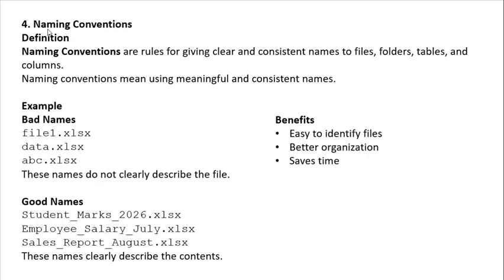And fourth is naming conventions. Naming conventions are rules for giving clear and consistent names to files, folders, tables, and columns. Naming conventions means using meaningful and consistent names. For example, bad names are like